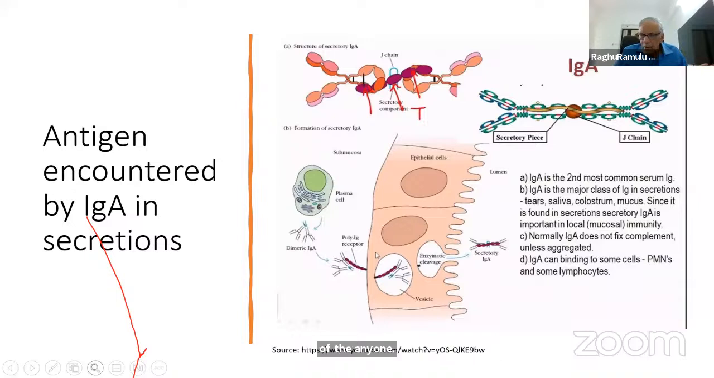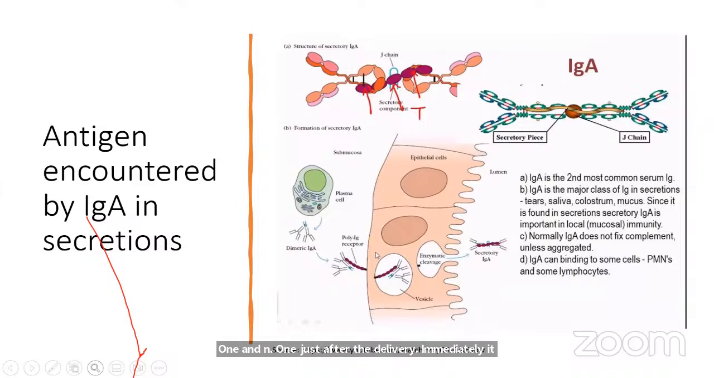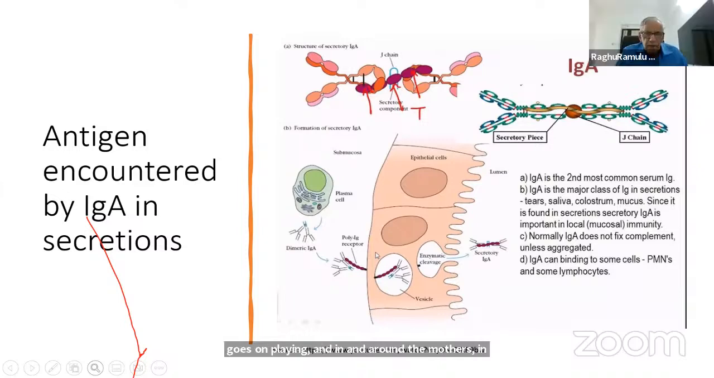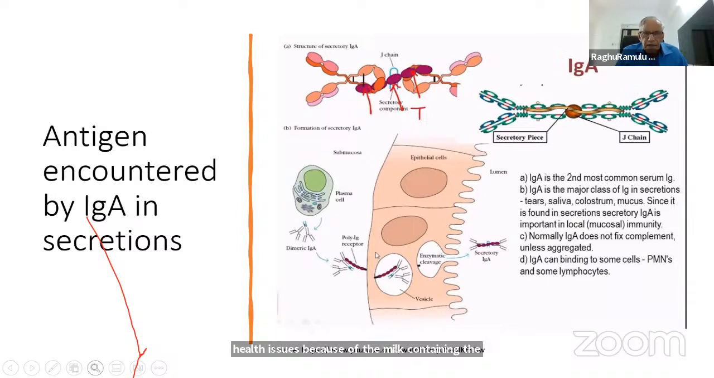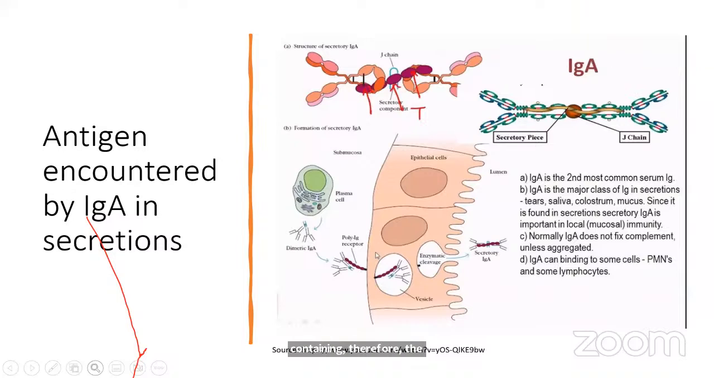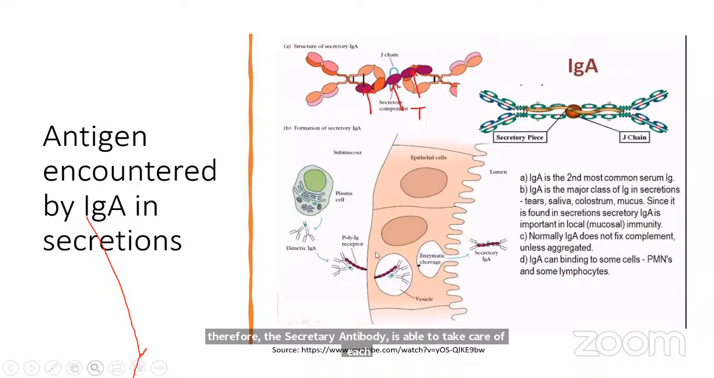Usually you can see, a buffalo is milking the young one, and the young one, just after the delivery, immediately goes on playing in and around the mother. In spite of exposure to several infectious organisms, the young ones are not having any health issues because of the milk containing the colostrum, or the milk containing high IgA titer. Therefore, the secretory antibody is able to take care in initial stages, that is when the child is just